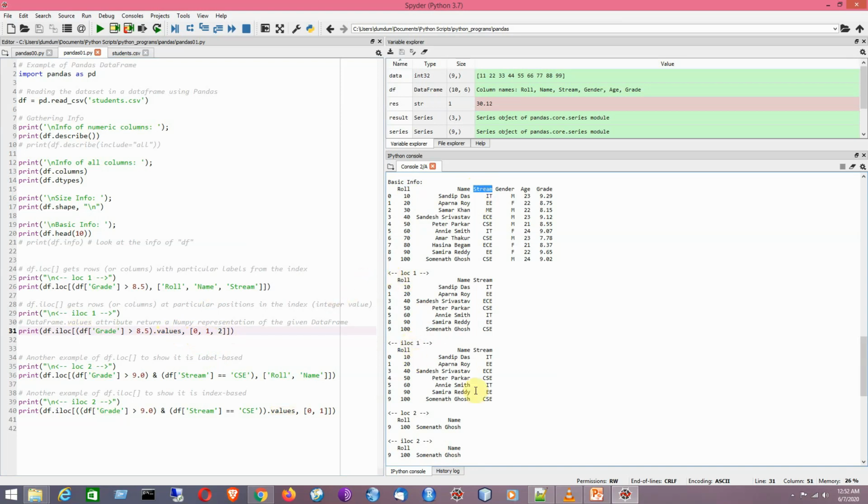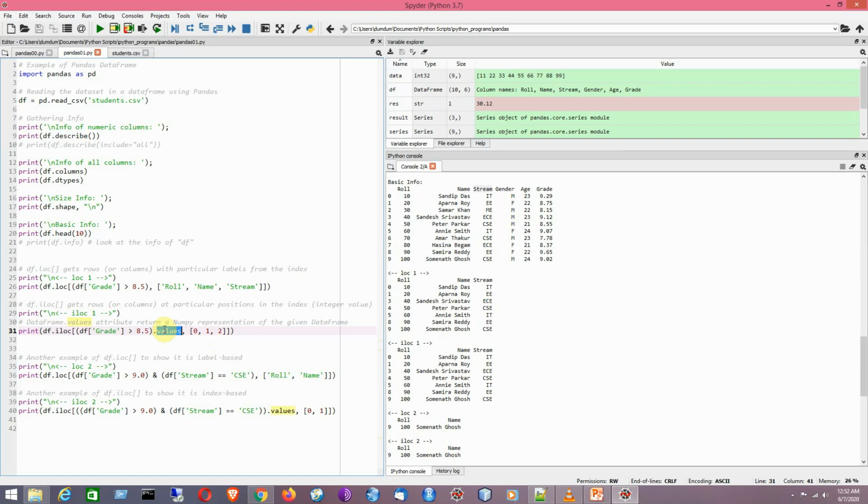So in that way it is showing the same result, but here you are specifying the column name, whereas there you are specifying the column number only. So that is the difference. Basically in this example using LOC, you are specifying the labels, that is, it is based on label index, and here we are getting the result by specifying integer index values. Now remember that before generating the result, the given data frame must be converted to a numpy representation, like a numpy array.